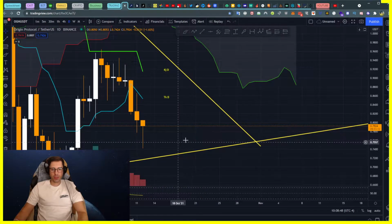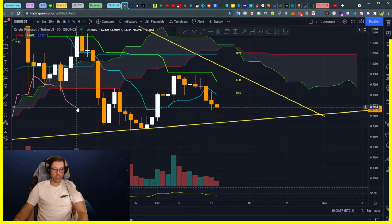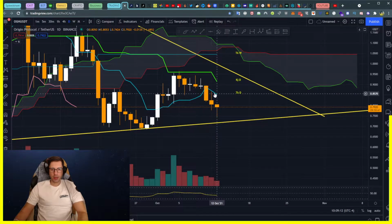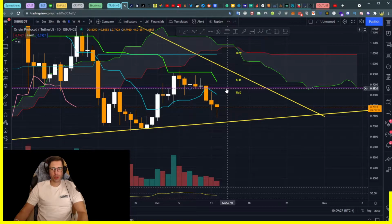But for that, we need to look at our signal, but I think we still have a couple to go anyway before we're going into a run. So what's going on here? As per our lagging span, you can see we have space to go anywhere, except once we reach our cloud here, the SSB at 0.88, it's quite strong, and it matches with this area of our 10 can. You can see we had a pullback starting up here at that moment with the 10 can. So we know it's a resistance here, so I can always trace it in case we're going to go bullish. We know that once we are here, we need to watch on a lower time frame to make sure that we can detect a signal of breaking above or rejecting